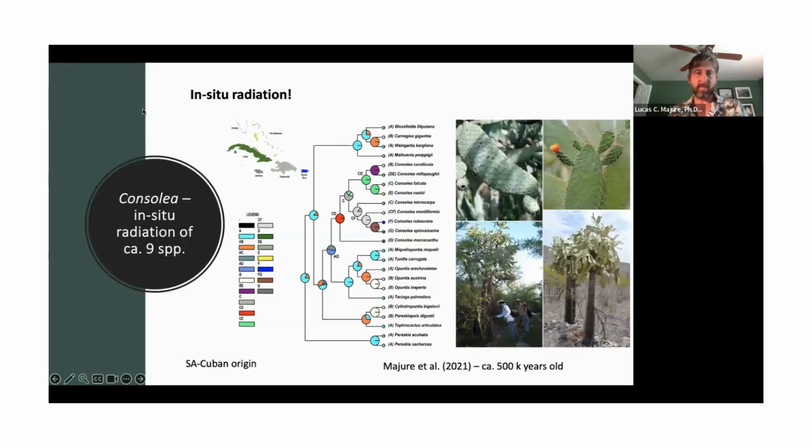And so what we've been doing is developing these data sets to try to determine, okay, what are the ages of those groups that occur in the Greater Antilles? So that gives us an idea of when they started to diversify, maybe when they could have been dispersed long distance from a South American ancestor, a North American ancestor, a Central American ancestor, et cetera. And one of those that we've worked on in detail is the genus Consolea.